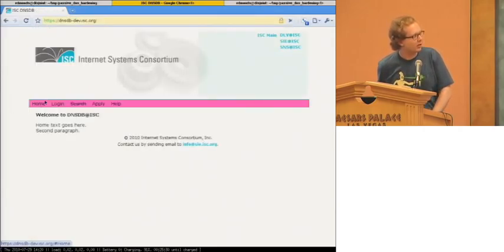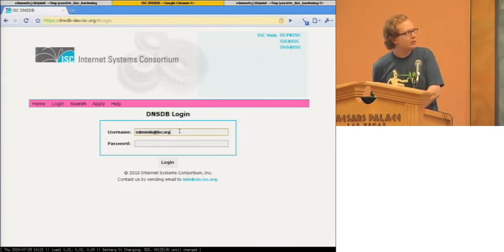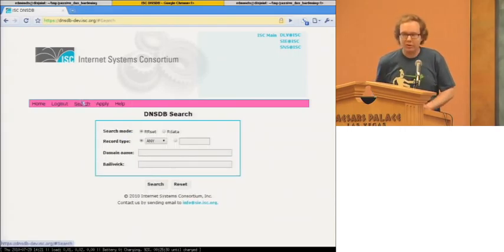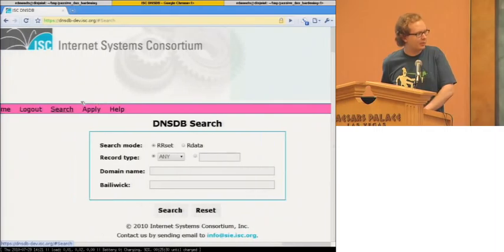All right, this is our web interface, and let me log in. All right, our first example, should I increase the zoom somewhat? Let me increase that. First example is going to be